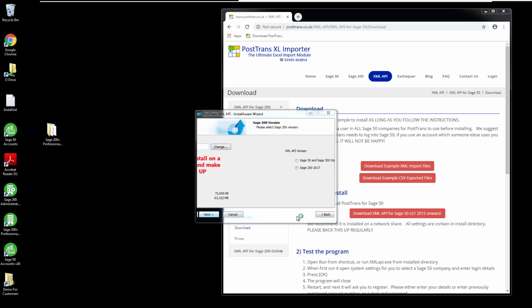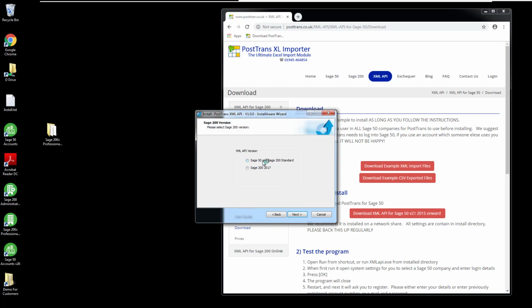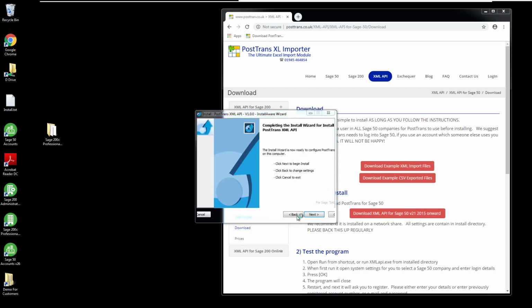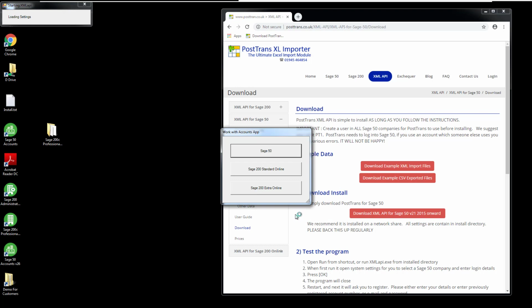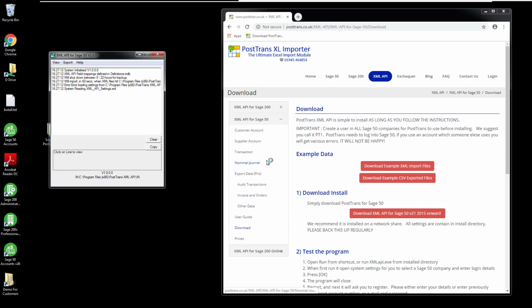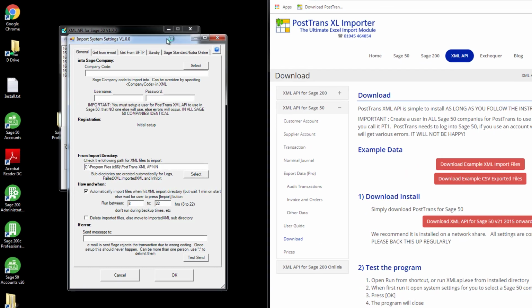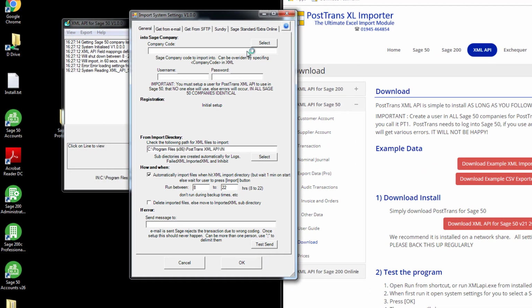So let's press next. Obviously we're going to run Sage 50. Sage 50 and 200 standard share the same option here. It's going to next that, and it will now install the files. There's not a great deal it installs. Now the first thing it's going to do is ask me what this installation is going to work with. So Sage 50, click on there, and the program has fired itself up,